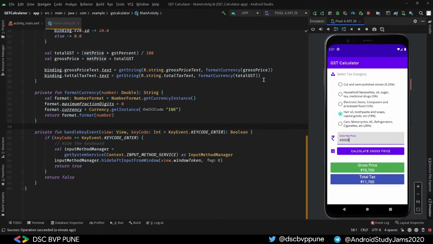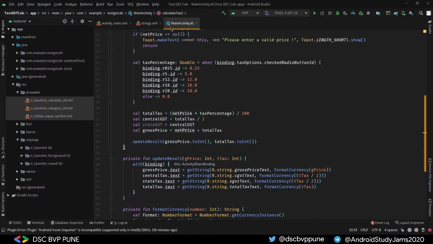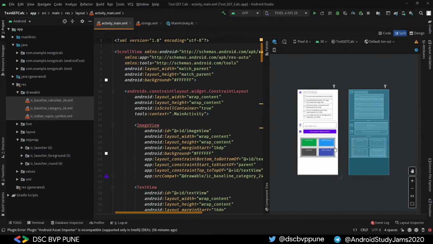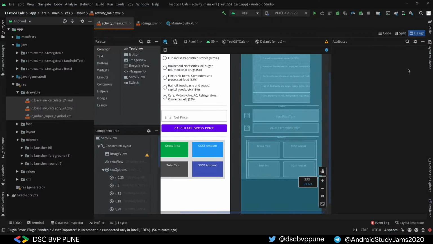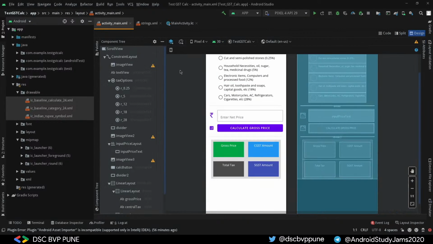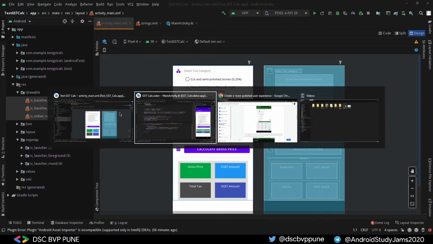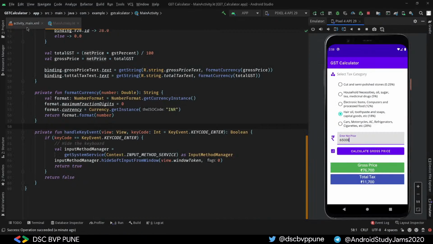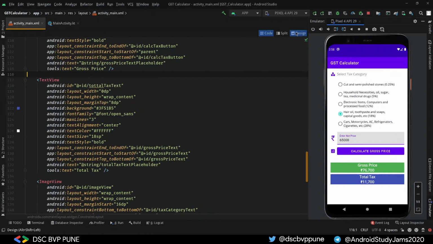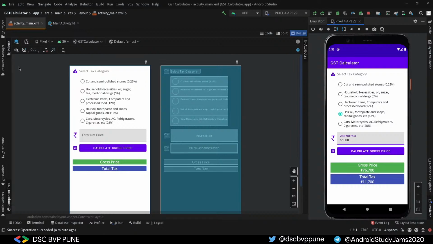You can make more modifications like I made to this activity main, as you can see here. Go into the design and zoom in. I made two linear layouts and placed these in here and displayed some more. This is an outline text view, so text edit, sorry. You can just go here if you want to change it. Go to the design panel